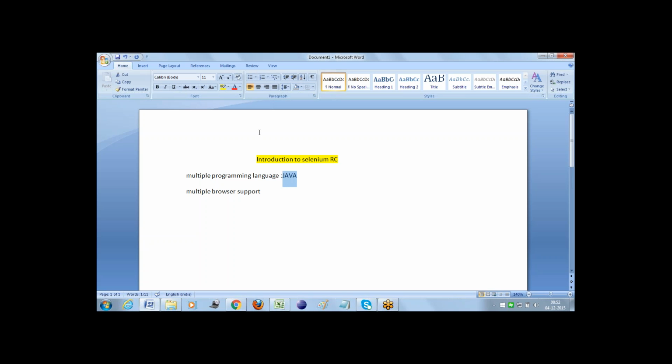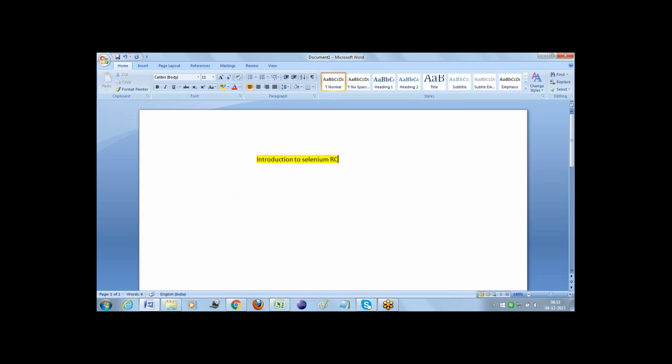Even in our demo class, we have seen why we are going for Java specifically. We have already covered that. So in order to work on Selenium RC and the WebDriver, we need to know the basics of Java. Basic Java concepts are required for us to work on both RC and WebDriver.